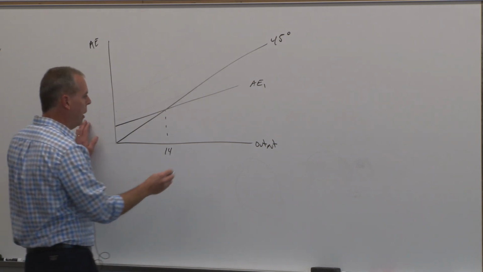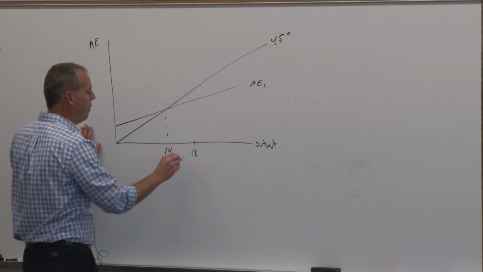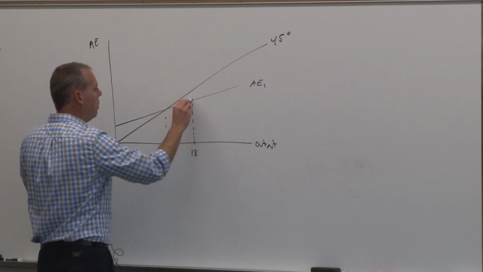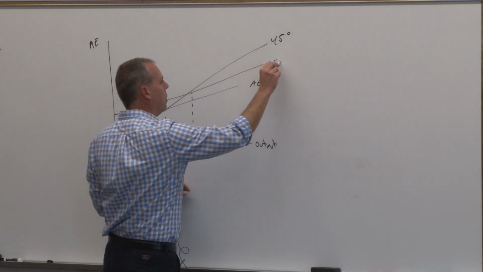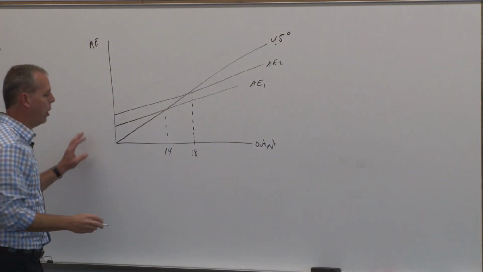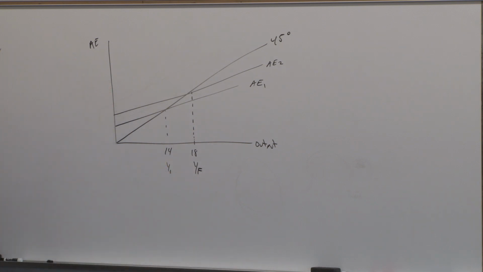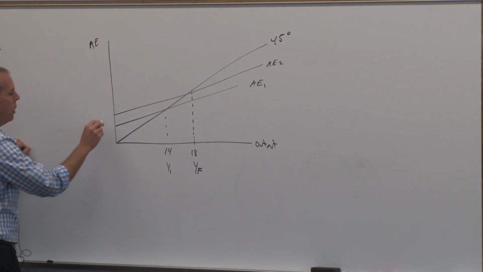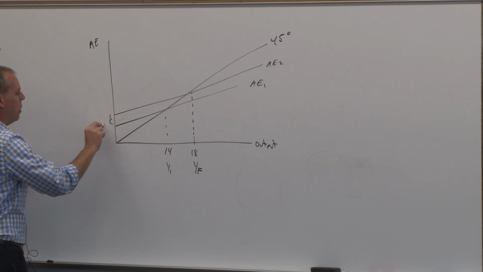And the full employment level of output here is, say, 18 trillion. So we know that we can do this, AE2, right? We know that this is our full employment level of output, YF. Here's Y1. We just have some change here in these aggregate expenditures, right? AE1,